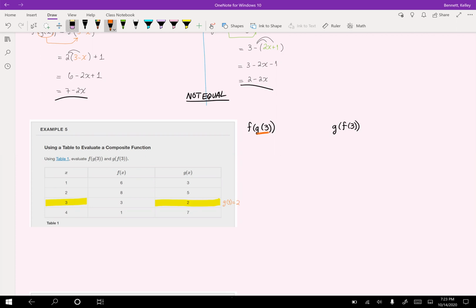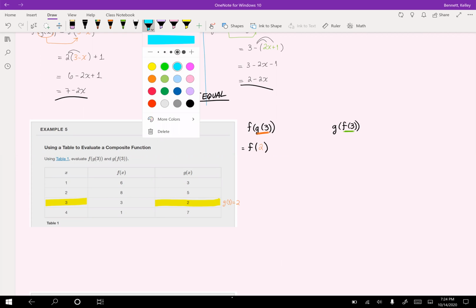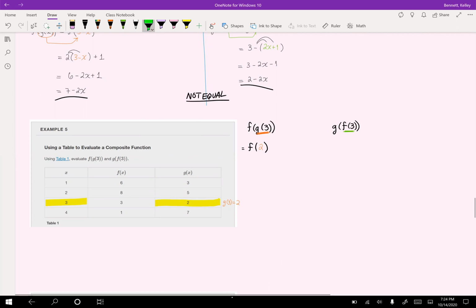So that means that I'm going to have f of 2, where that 2 is the artist formerly known as g of 3. And I'm going to do a similar thing over here with f of 3. So f of 3, I still need to be looking at 3, but I'm looking at f, right? So what I have here is that f of 3